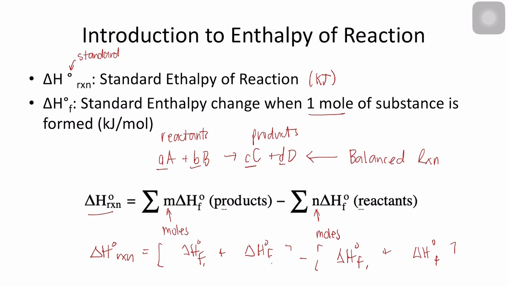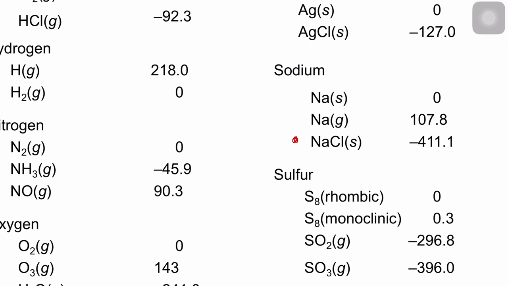Okay, sorry about that. So it should be C, the coefficient, kasi this is the products, the standard heat of formation of the product. So D, standard heat of formation of D, subtracted by the reactants. So A, and this is A, standard heat of formation, B, okay, that's the correct formula. So we'll use this formula in this example.